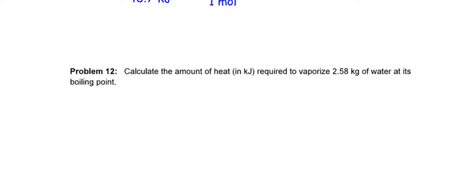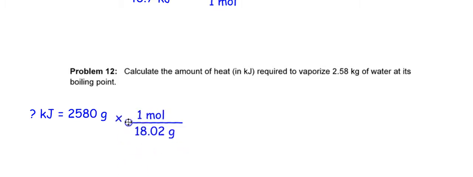I hope we got this. I started off here. What I do immediately, I converted 2.58 kilograms into grams. Remember, to go from a big unit to a little unit, I need to multiply by 1,000 in this case. So now what? I need to put what on the bottom? Grams, periodic table. Thank you, I heard that. 18.02 grams of water in 1 mole.